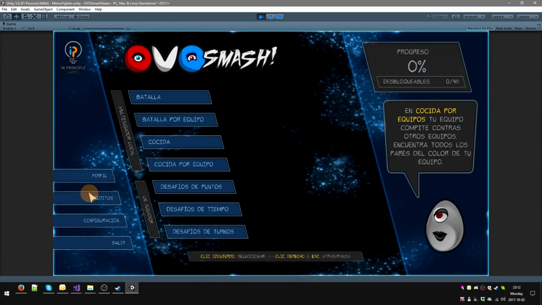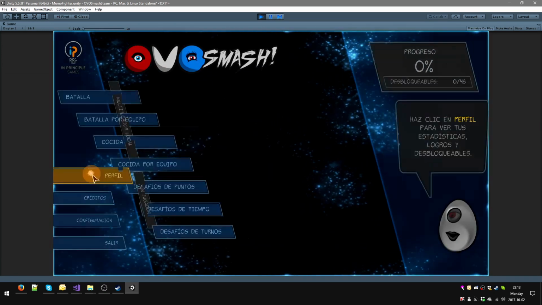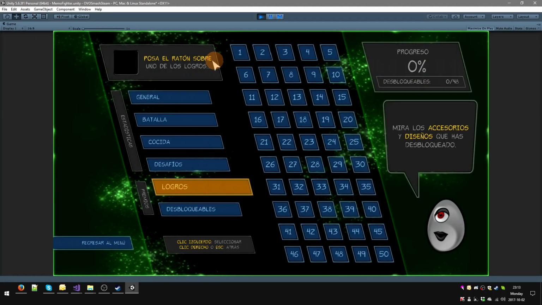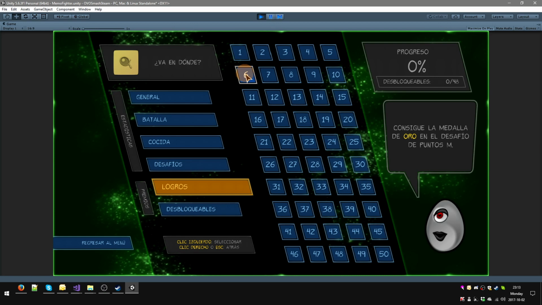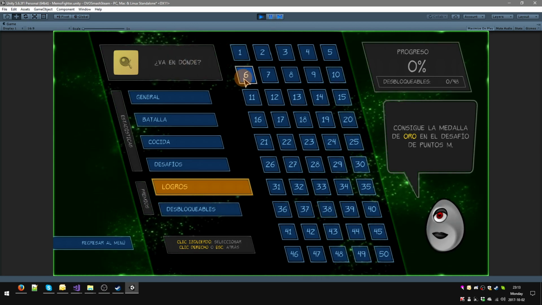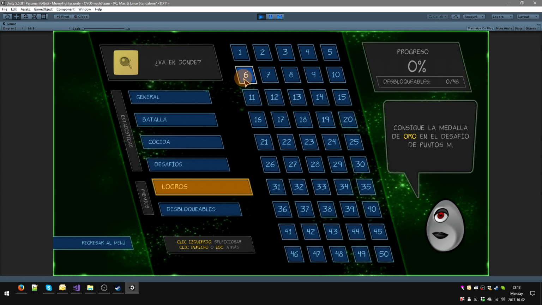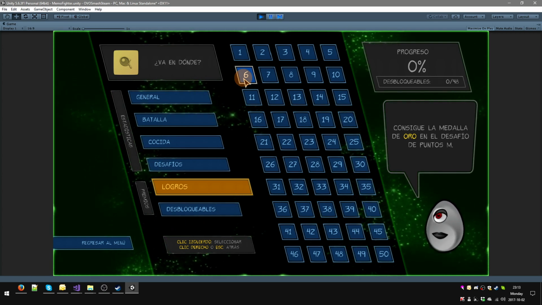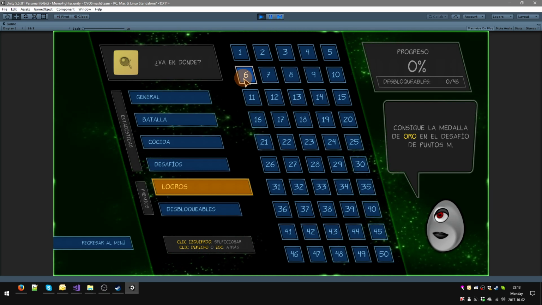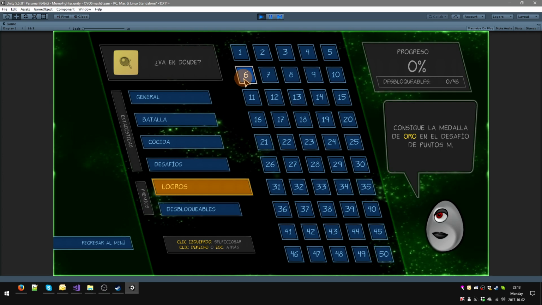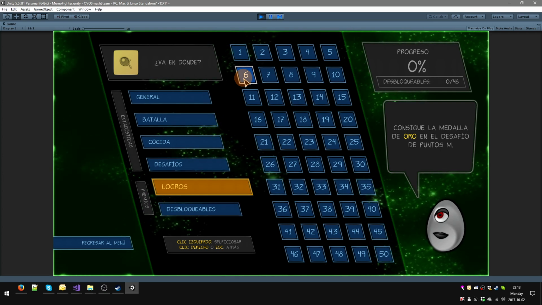So let's go to my profile and achievements. And if I go here, you'll notice that the text appears in Spanish. Why? Because these strings actually also exist as a copy of themselves in my local files. I decided to do that because it made more sense to me that the game would display the achievements in the language that we're currently set in within the game, right? But if I hit F5,